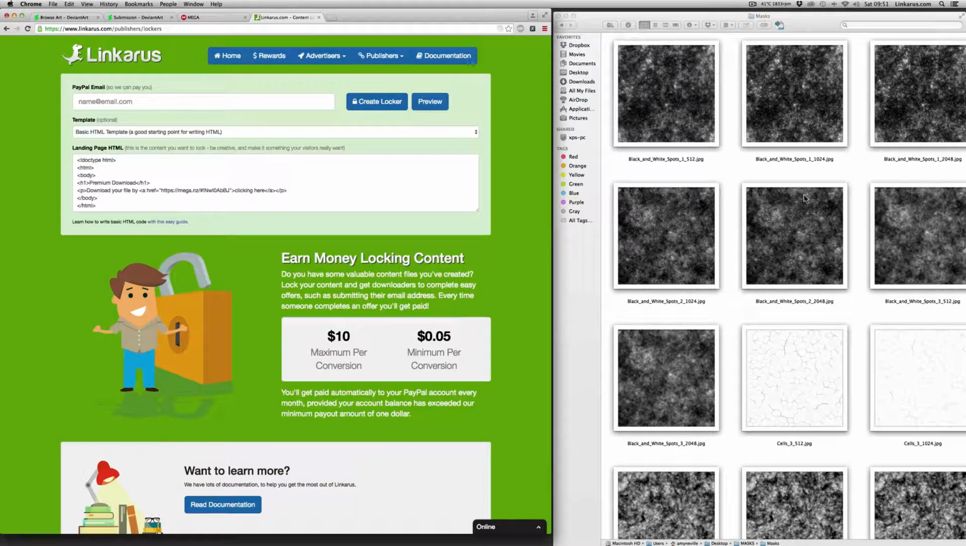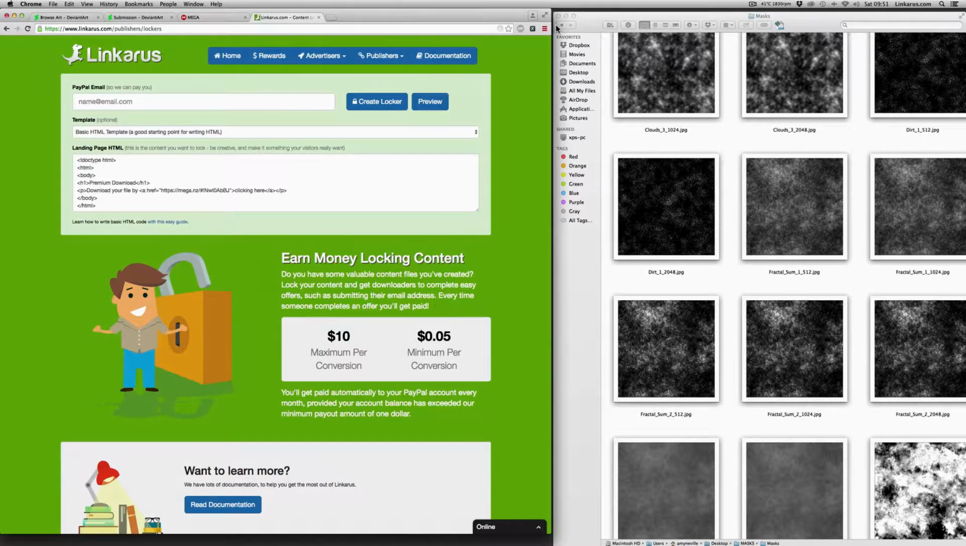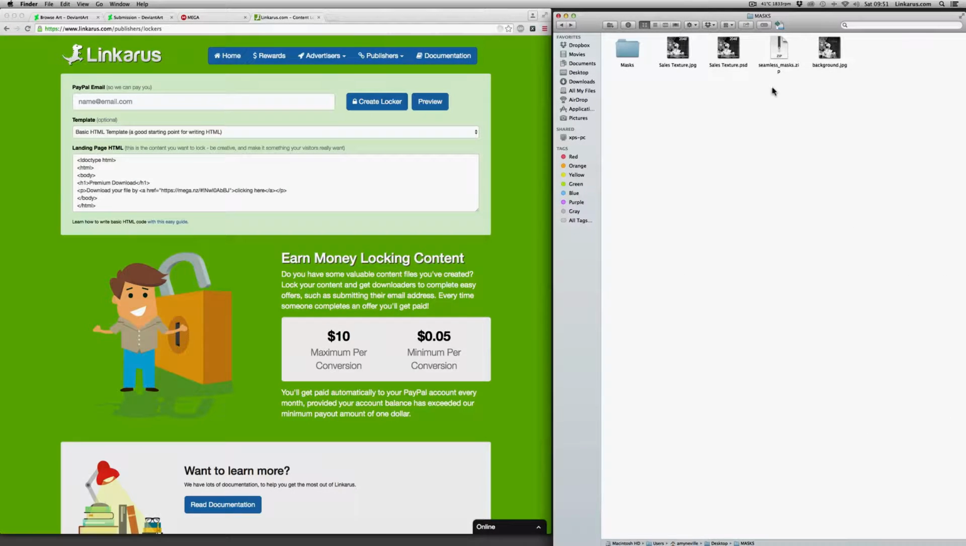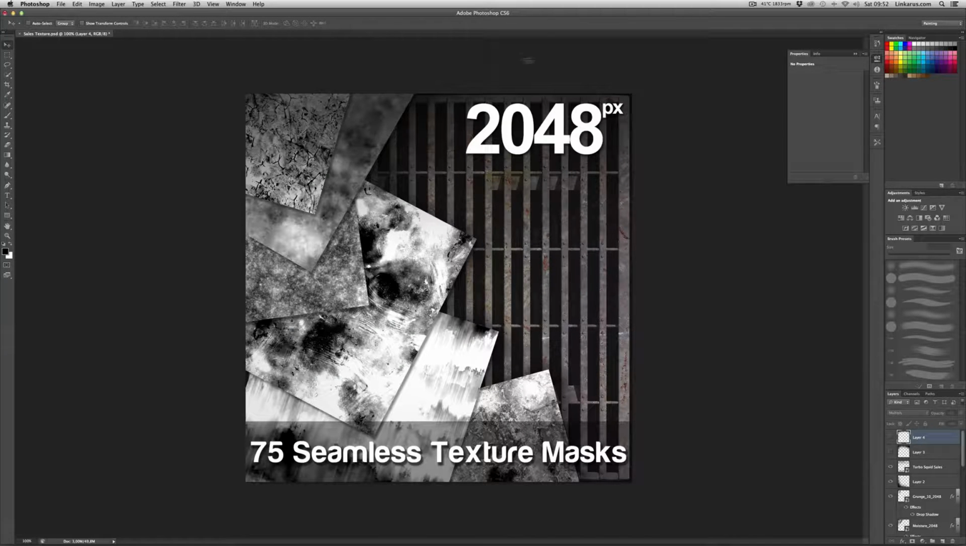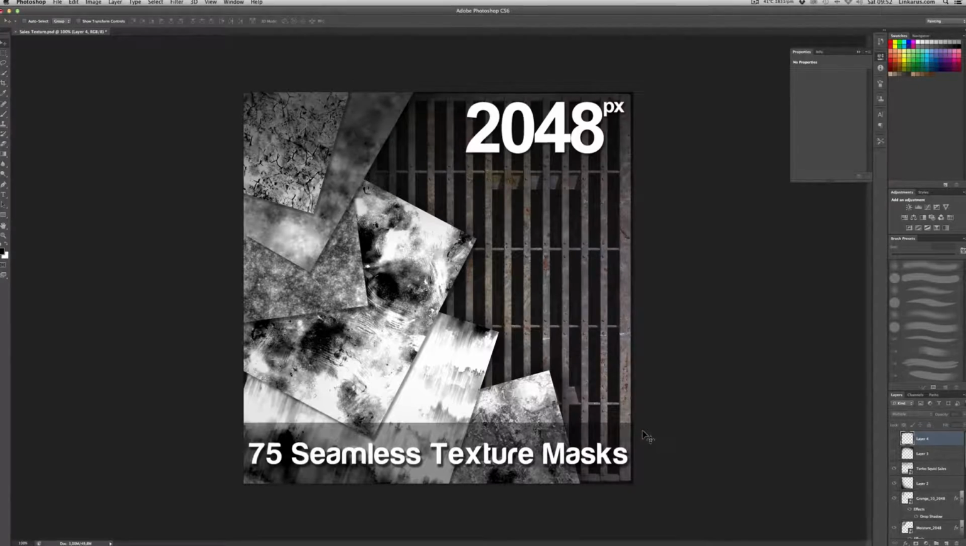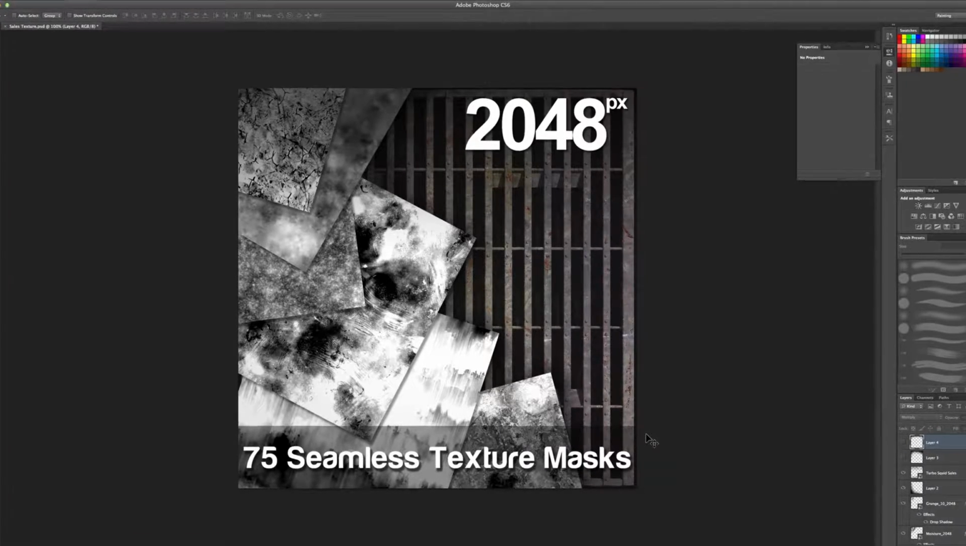Once you've assembled your content, you need to put it in a zip file so that people can download it very easily. Then you need to create some marketing materials to help you sell the item. Here I've created this sales texture in Photoshop. You don't necessarily need to do this, but I would highly recommend that you create some kind of